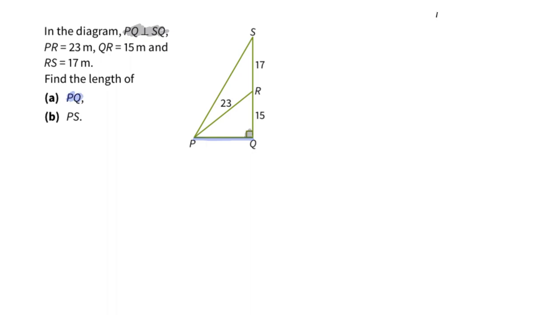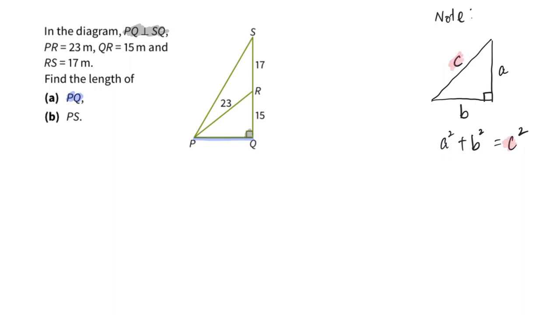and to take note that given any right angle triangle, if I have my letter A, letter B, and letter C to denote the sides, my A square and my B square, if I sum them up, they will be equals to my C square by virtue of the Pythagoras theorem. And so, applying that to this particular question, then I can identify my ABC using this triangle PQR,